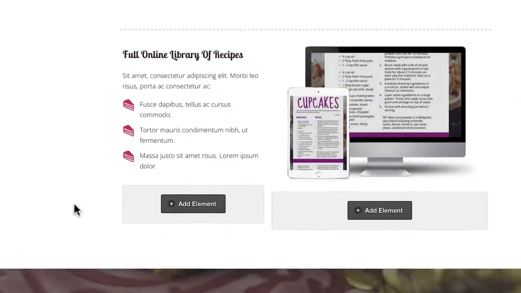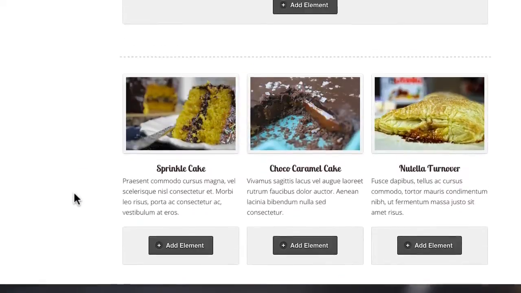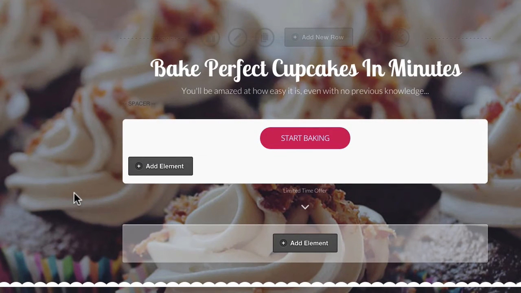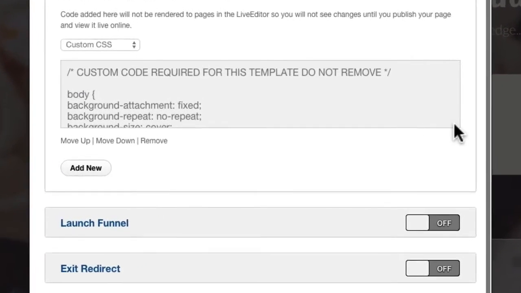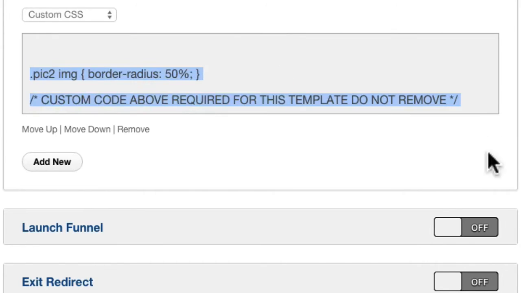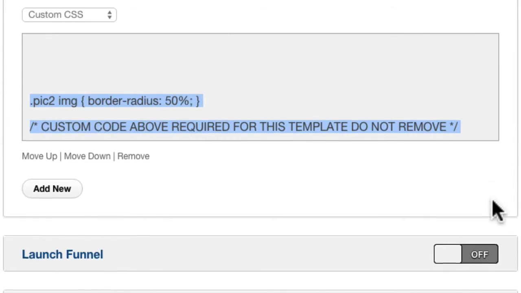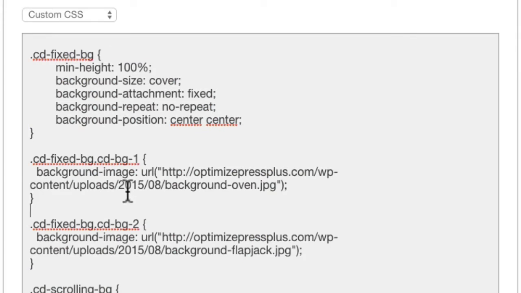Now these images, you can replace them if you want to. You need to upload them firstly to your media library inside your WordPress site, and then you'd copy the URL of that file once it's been uploaded. And then you jump into page settings, open up other scripts, and if we scroll down here and just expand this, just expand here, and you can see here we've got CD fix BG CD1 BG1, and then we've got number 2. So there's the first image and there's the second image, and all you'd have to do is replace the